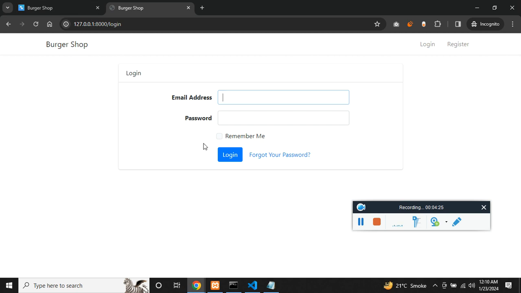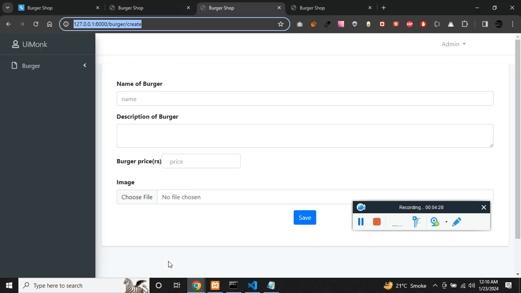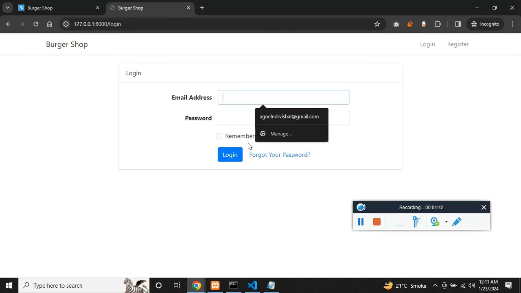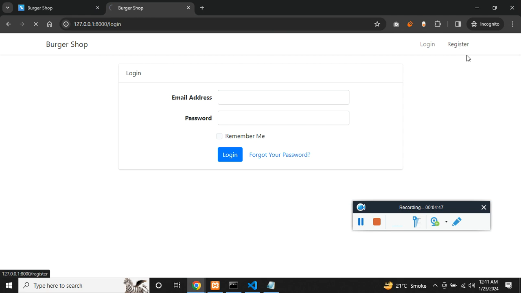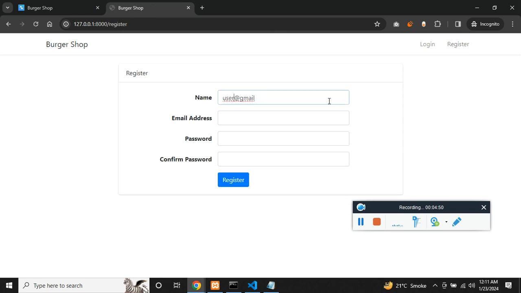Now here again we have seen the CRUD operation, and we have seen the user authentication, login and logout. Just to give you clarity, I'm logged in as an admin now. You can log in as a user as well. I have created a user account, user@gmail.com. Why don't we register an account right now in front of you. It's user28@gmail.com, the email address, password, and this is the name. If you click on register,